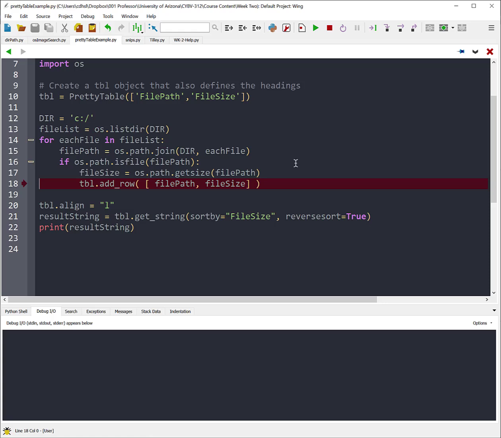So now I'm going to hit F6 again to step through, and we're going to process the next file. So the next file happens to be also a file. If I look at file path, it's C:/background JPEG. So I just put a couple of files in here so this would produce some results. So again, I'm going to come through, I'm going to add another row to the table, and I'm going to